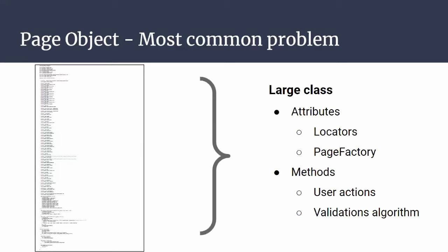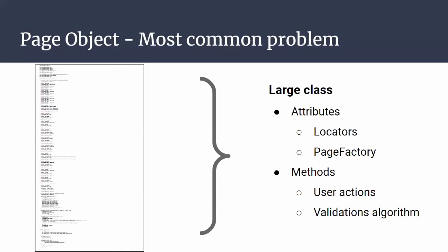And what is the problem with the page object? Why is it easy to have large classes? Well, it's easy to have large classes with the page object because of its own definition. The page object has attributes, and the attributes represent the locators of the web page. And if a web page grows with time, when the developers add more functionality to our web application, we will have more locators, and for that reason we will have more attributes in